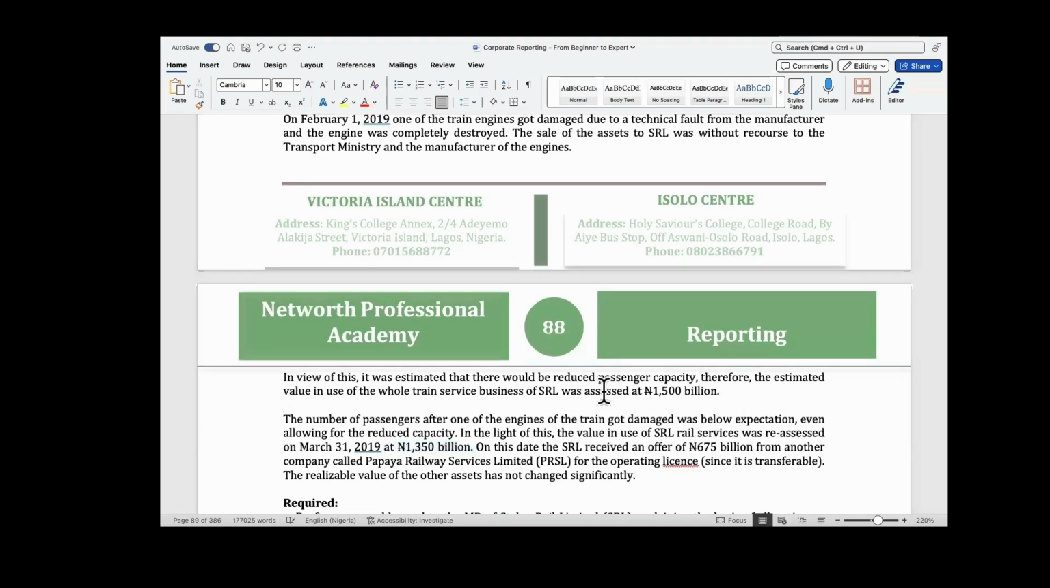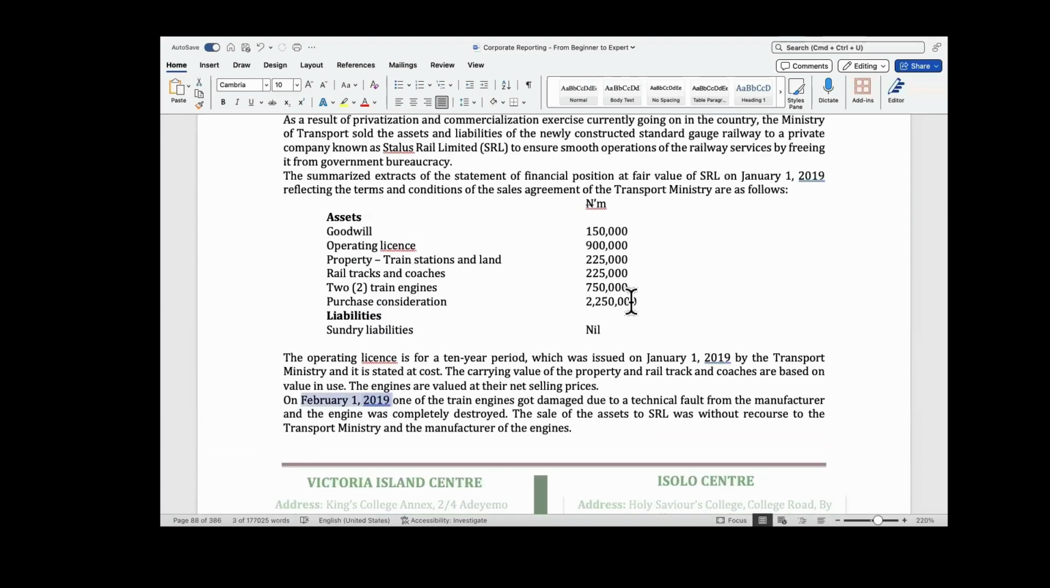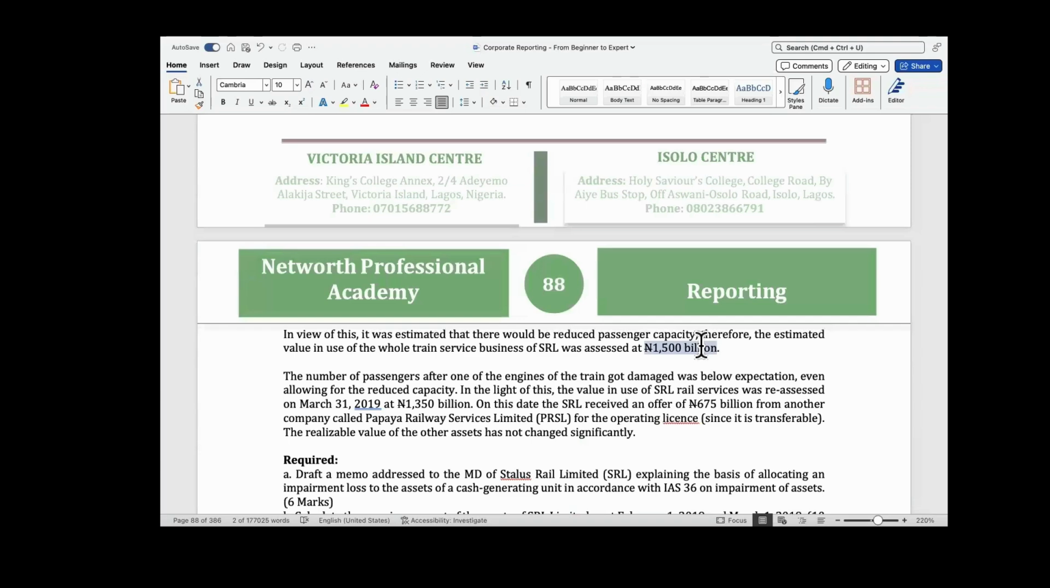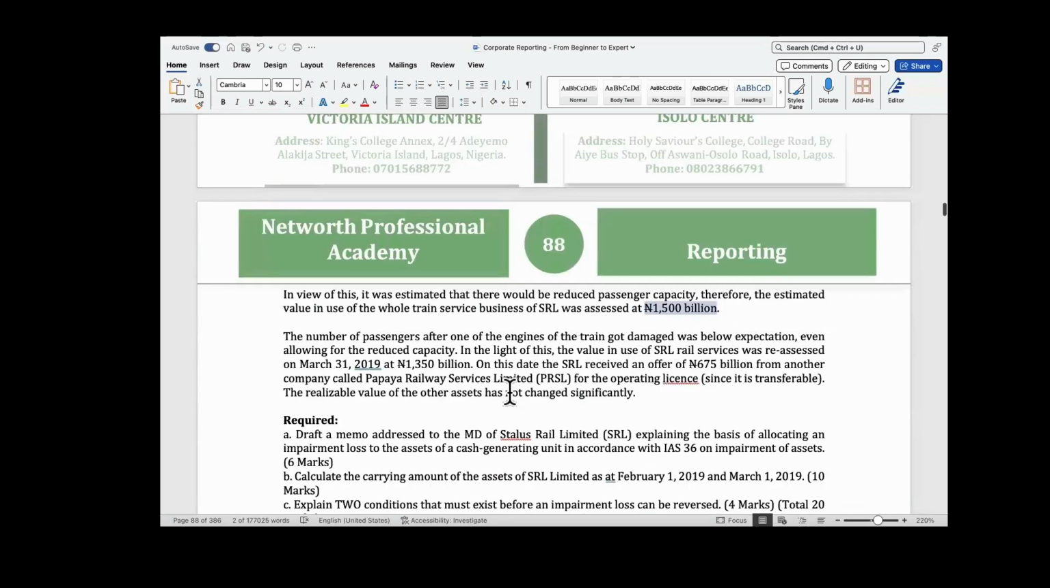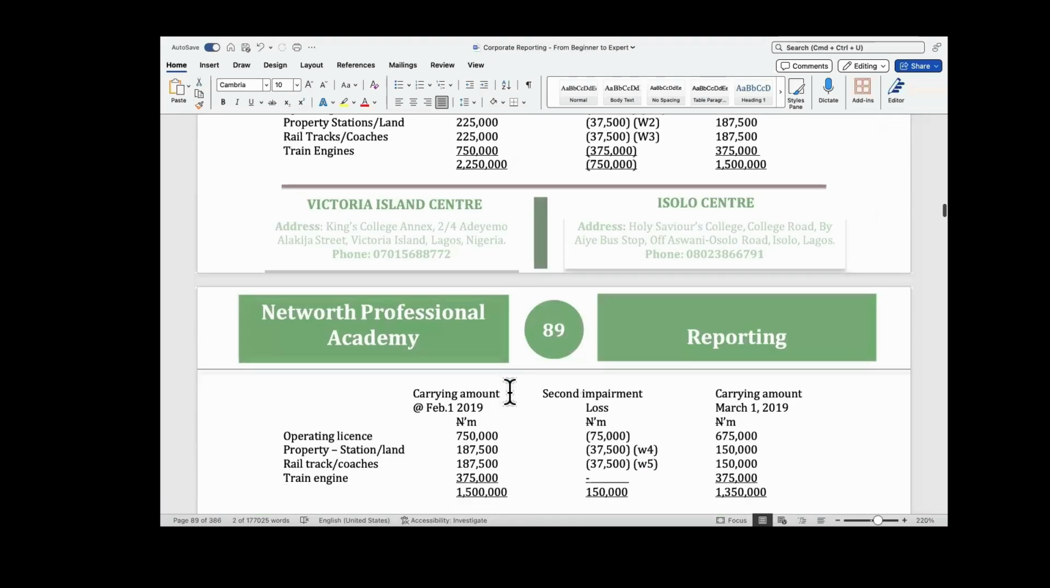So let me paragraph it like that. Let me put a space. Let me do February 1st first. For February 1st, we need to calculate what the impairment loss is before we say we want to allocate. I will see this as my book value, because this is the amount this company paid for this asset. This is the amount at which it will be in their books. And they already gave me the value in use of the CGU. So I can easily get my impairment loss